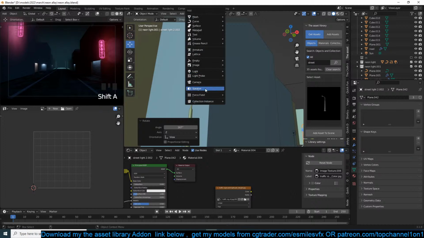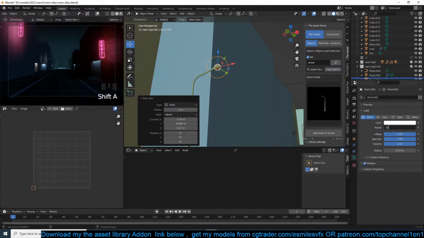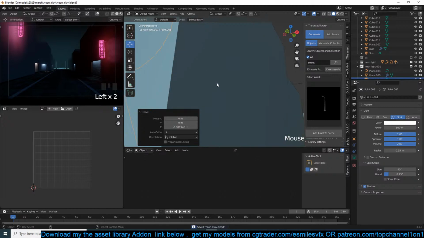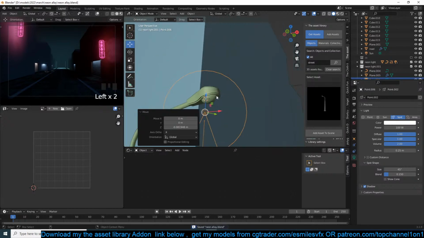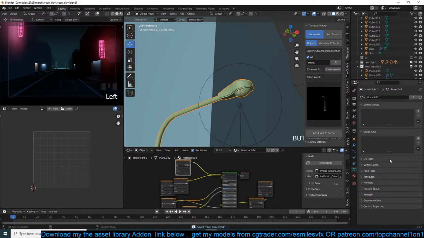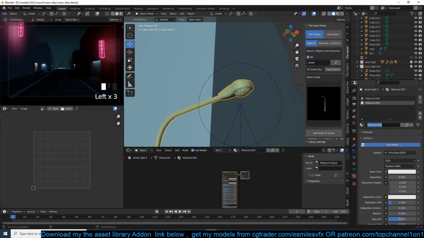These actually need a point light here. Maybe an area light with some good volumetrics. This here should have an emission, so